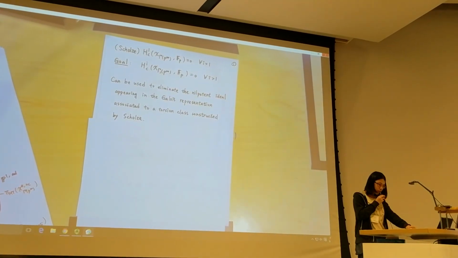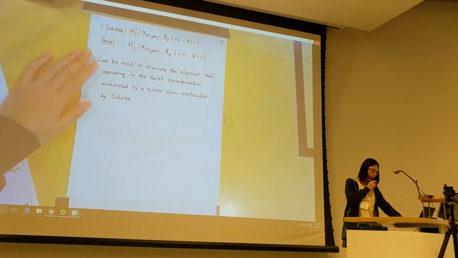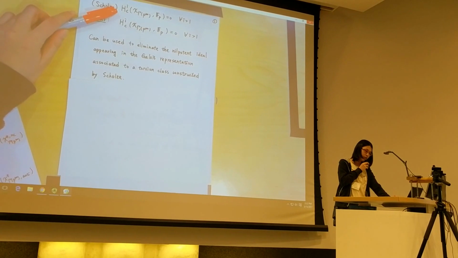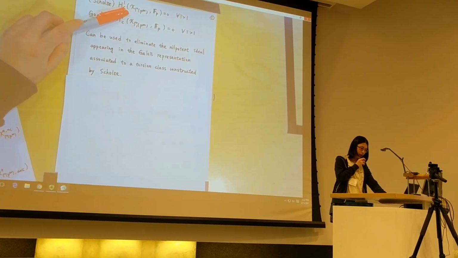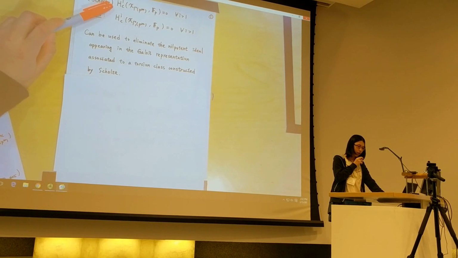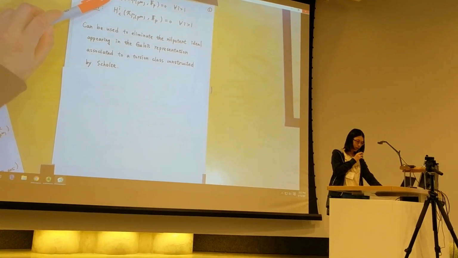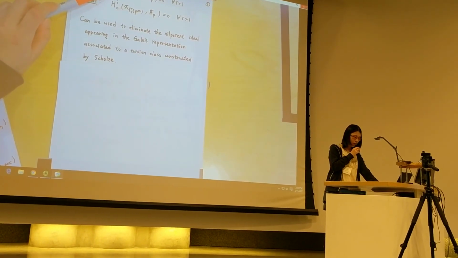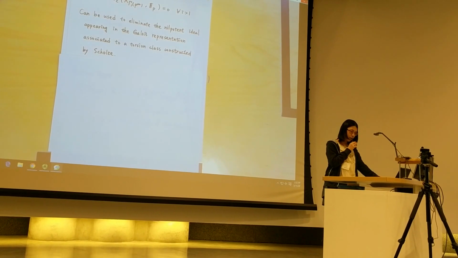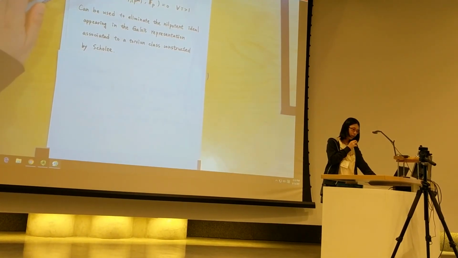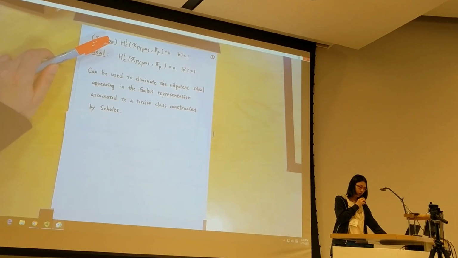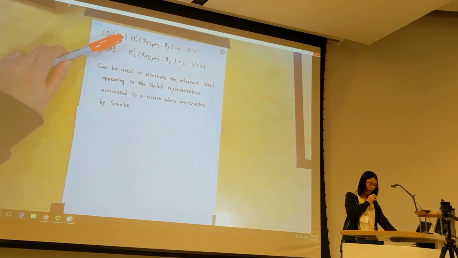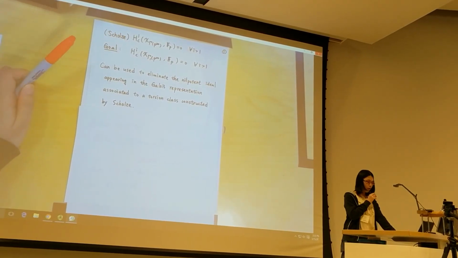Okay, so in Scholze's torsion paper, he proved this kind of cohomology vanishing result. We consider the gamma infinity level modular curve, and then we consider the compactly supported completed cohomology valued in F_p. The result he proved was that this would vanish above middle degree. In particular, we just work on the modular curve, so this would only have cohomology in degree 0 and the 1st degree. So the goal of,